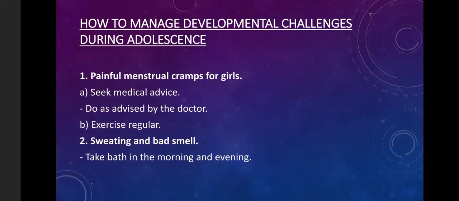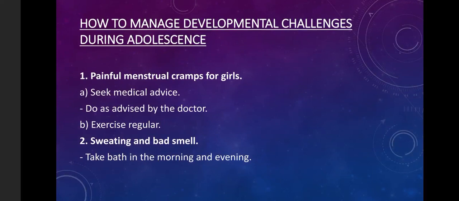Now, I want us to discuss the various ways and methods that we can use to manage some of these challenges. I'll begin with challenge number one, which is painful menstruation or menstrual cramps for girls. When the girls are experiencing painful menstrual cramps, it is normally advised to do the following.